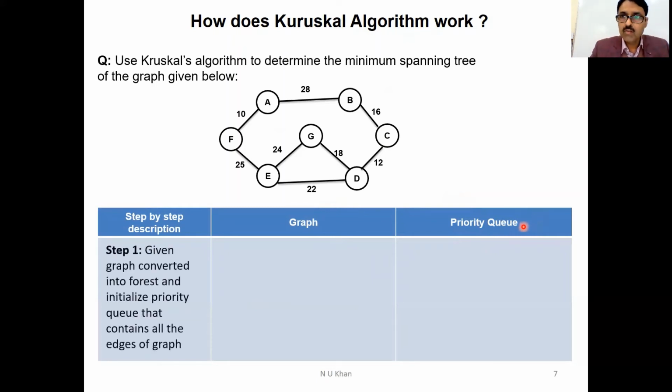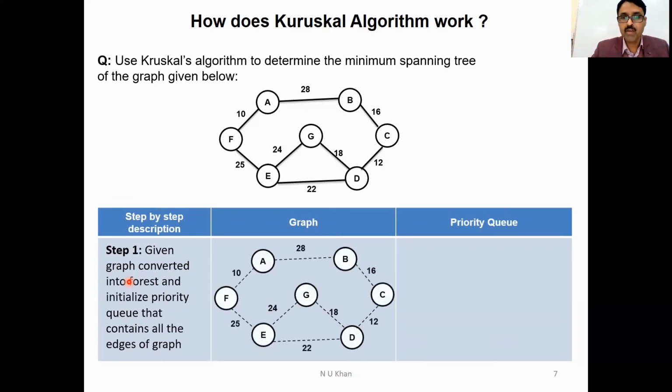Now according to the algorithm, पहला हमारा step क्या था? So the given graph is converted into a forest and we initialize an empty priority queue. After that जब हम इसको यहाँ से remove करेंगे edges को, those edges are stored in the priority queue.